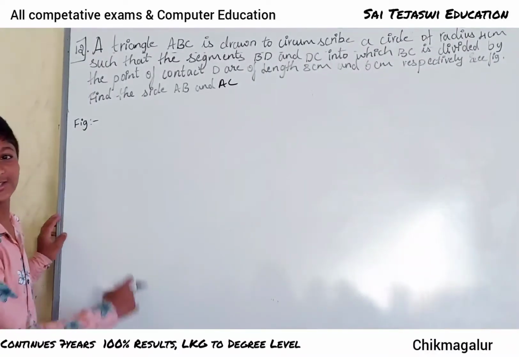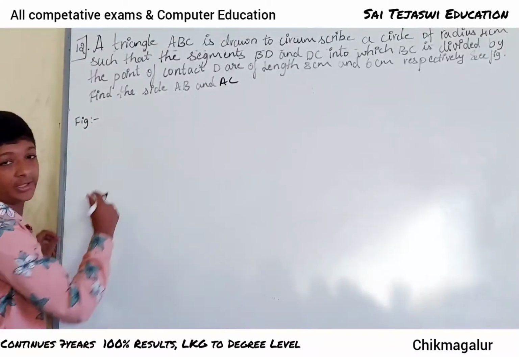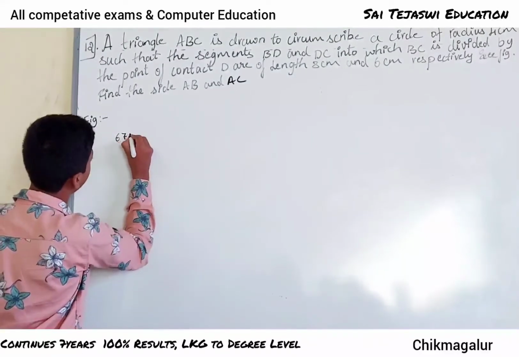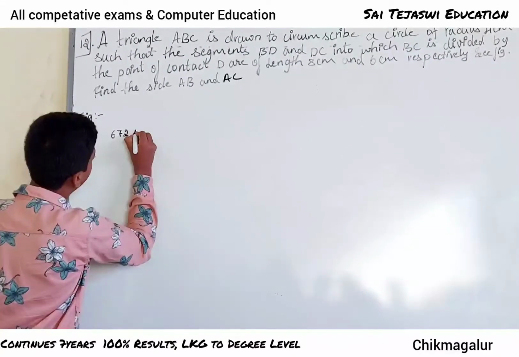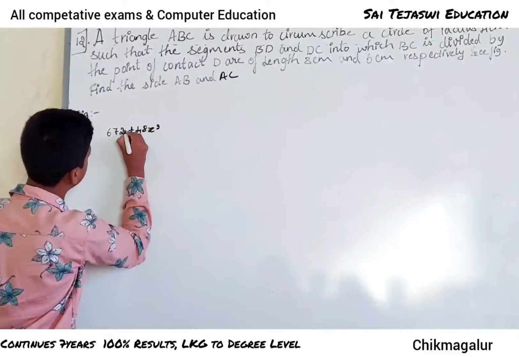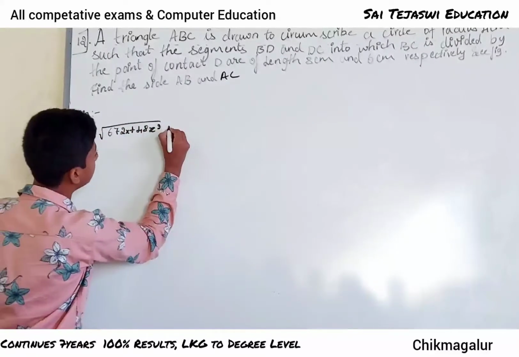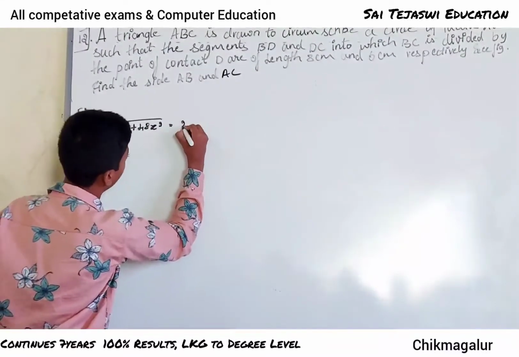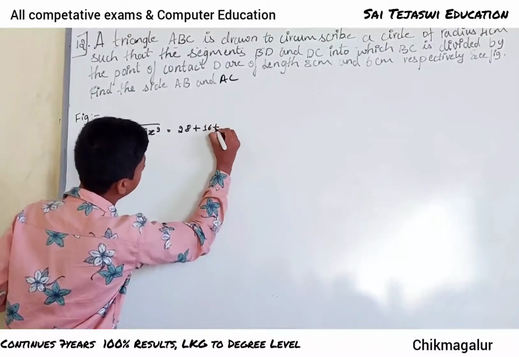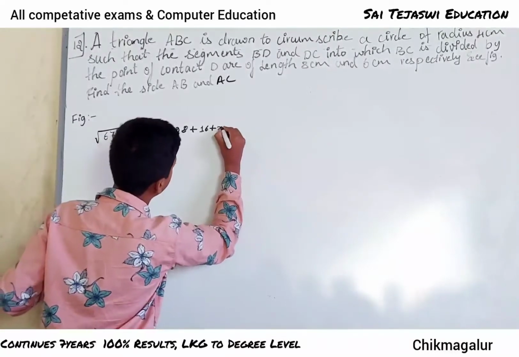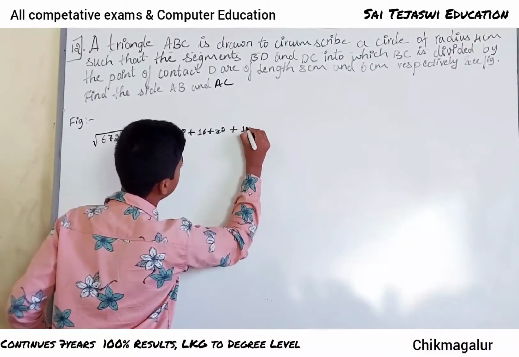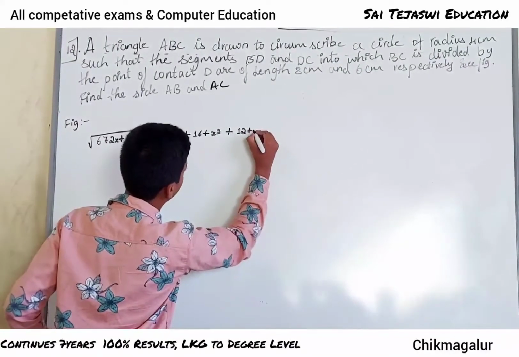Now we should check whether it's equal or not. We got the area of the whole triangle equals 672x plus 48x square, all under the root, which equals the area of the first triangle, 28, plus the area of the second triangle, 16 plus x square, plus the area of the third triangle, 12 plus...